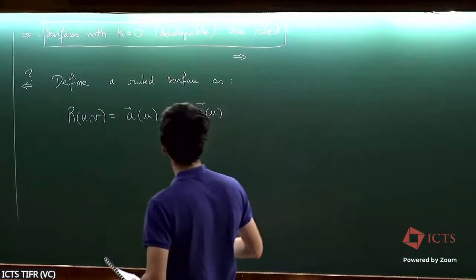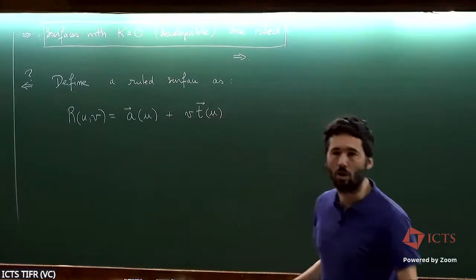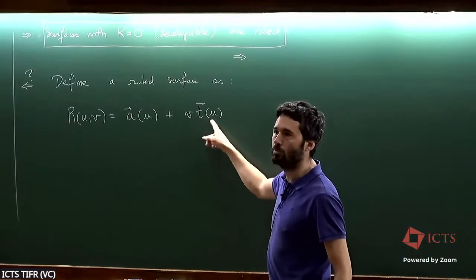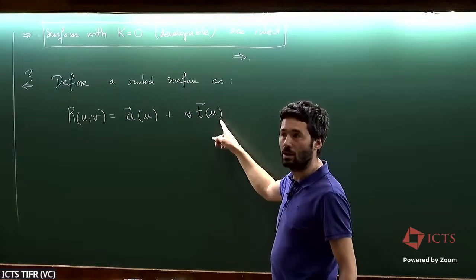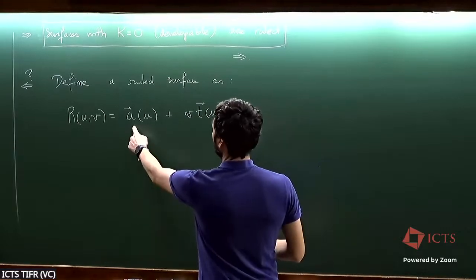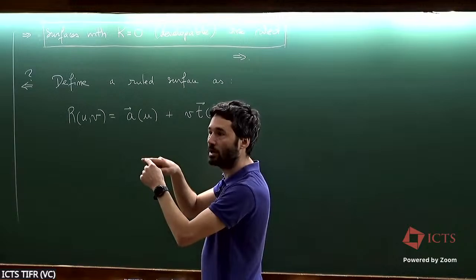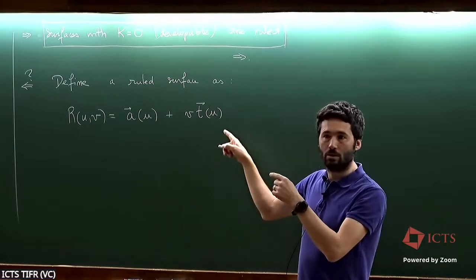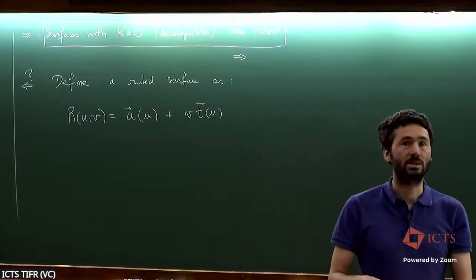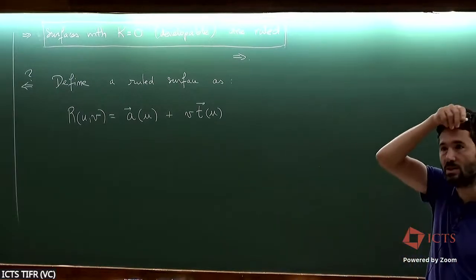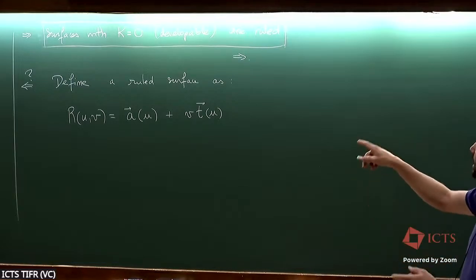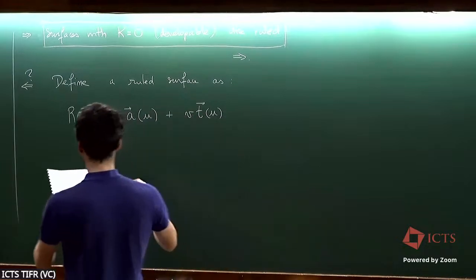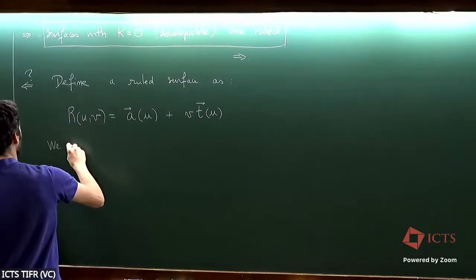Without loss of generality, we can choose T to be normalized, for instance. And also, A can be shifted along the center line, along T. And also A can be reparametrized. So with this freedom that we have in defining the functions A and T, we can impose or choose